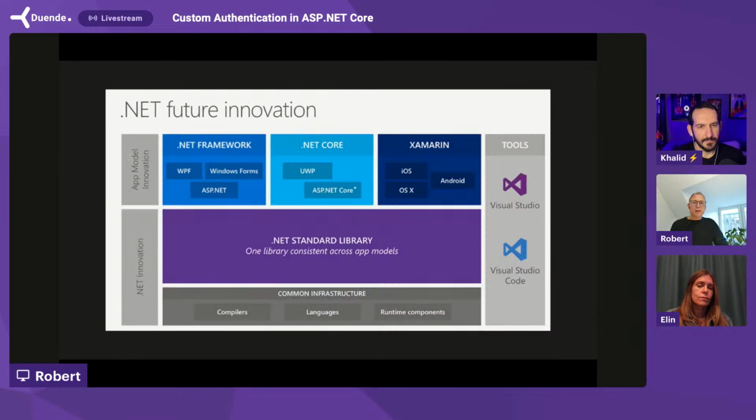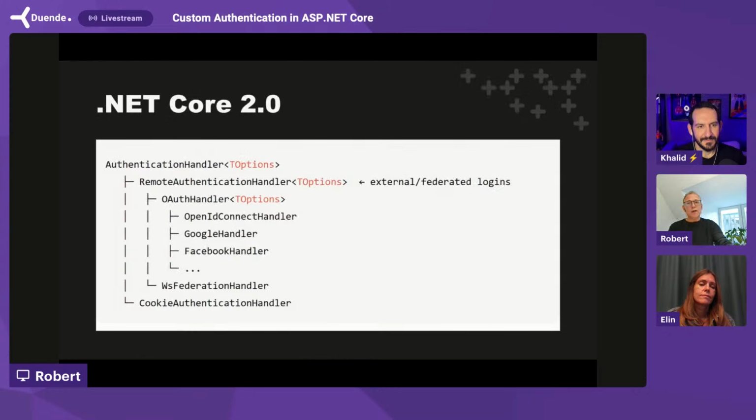And at the same time, ASP.NET Core was being released in the second version. So this was quite new, and they were doing a lot of refactoring work from version 1 of ASP.NET Core to version 2. And in version 2, we got this brand new remote authentication handler, something that derived from the usual authentication handler, where you have the cookie authentication handler,